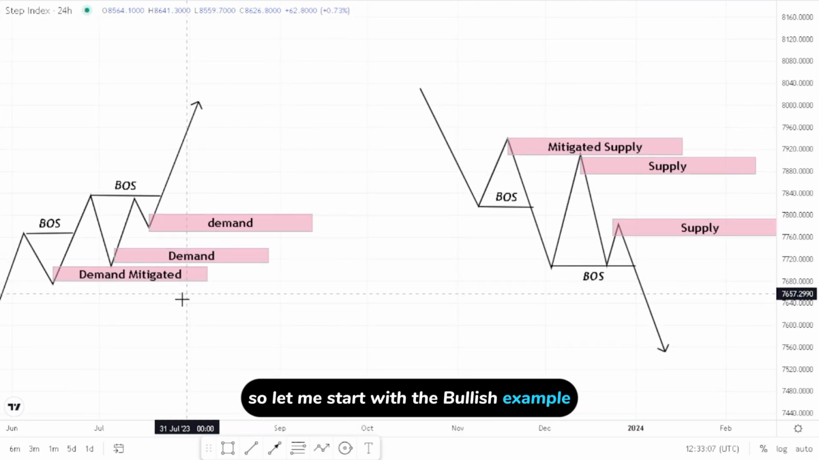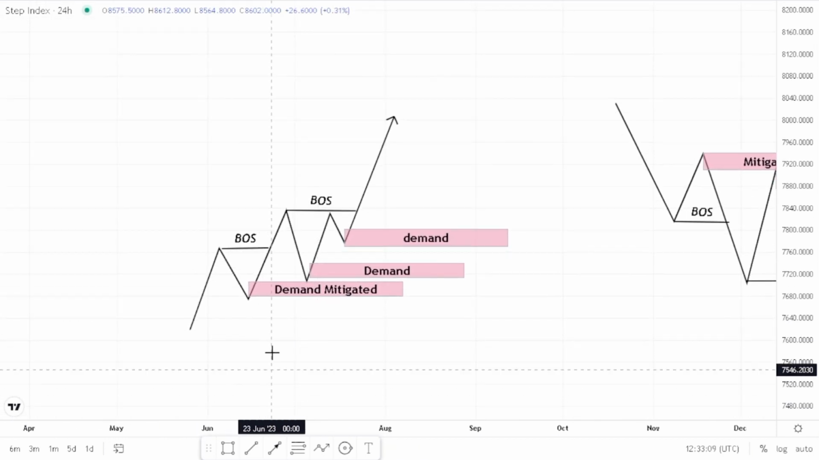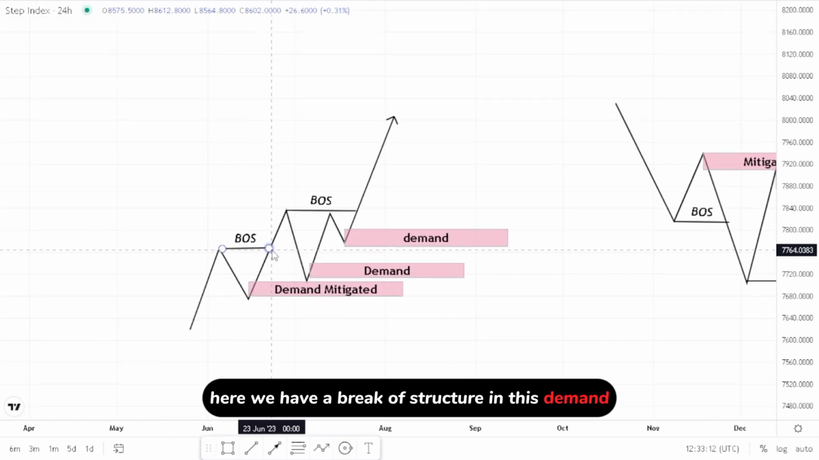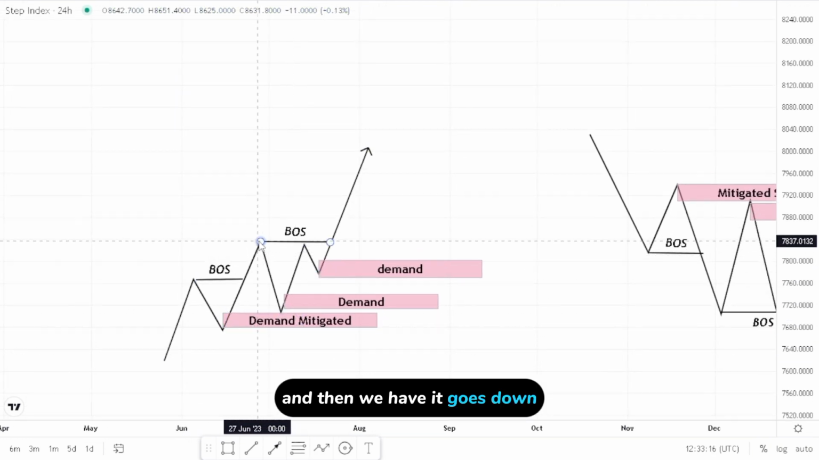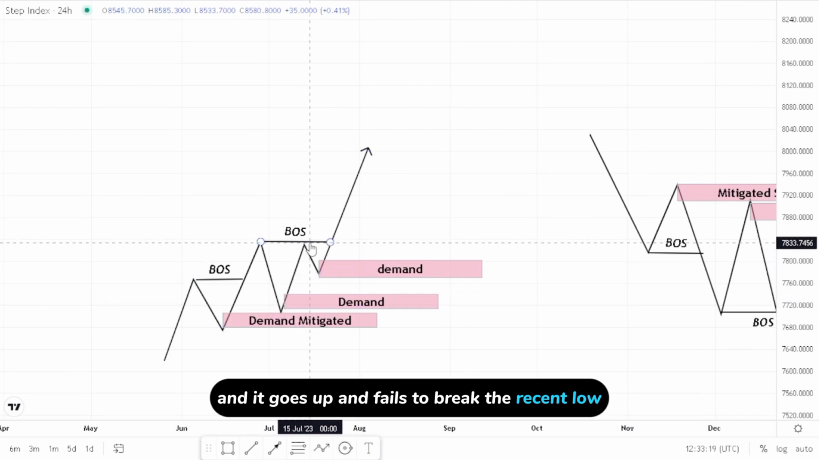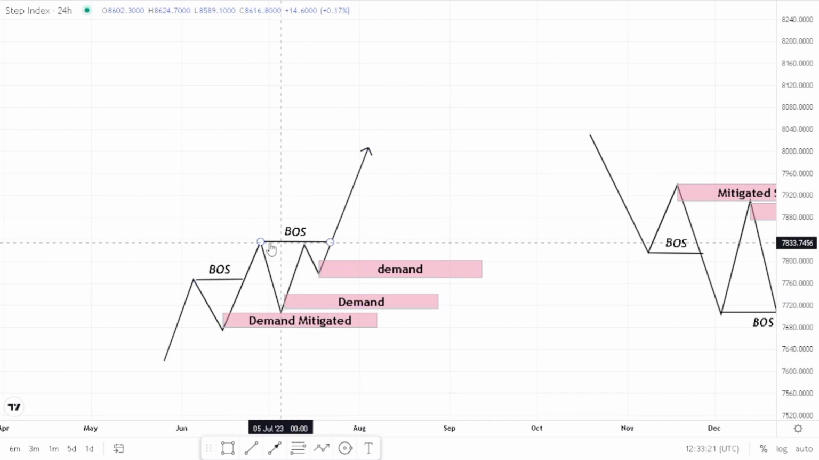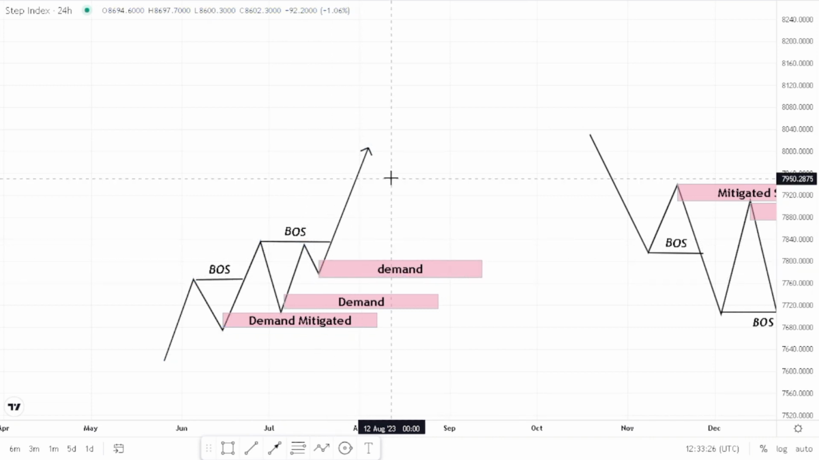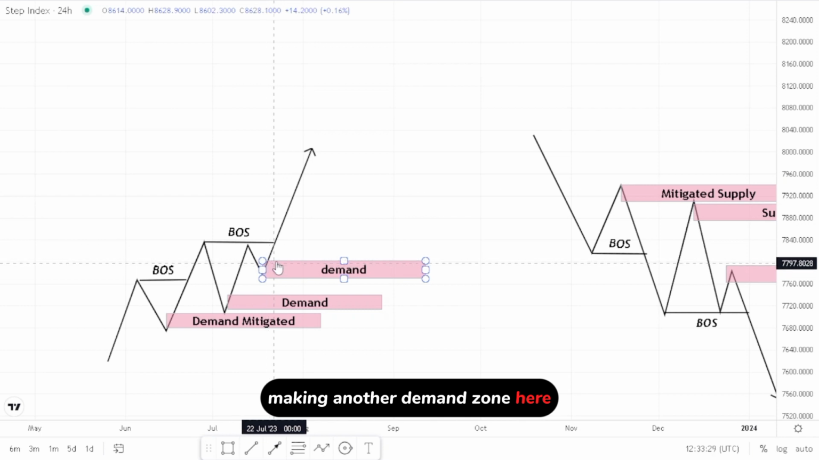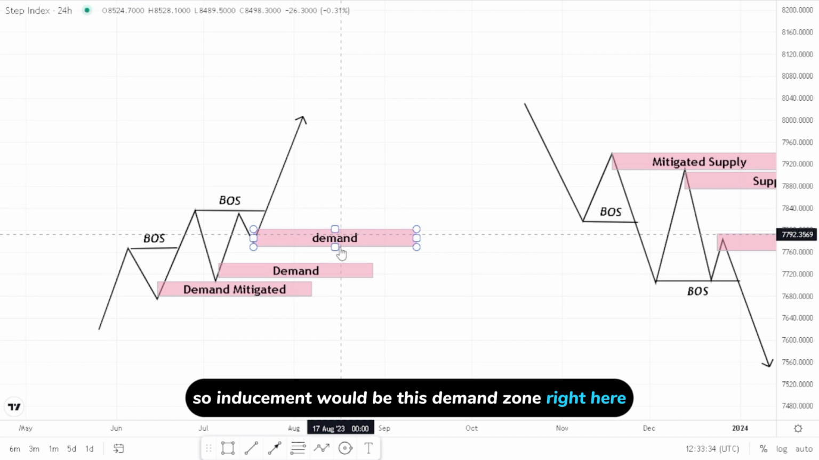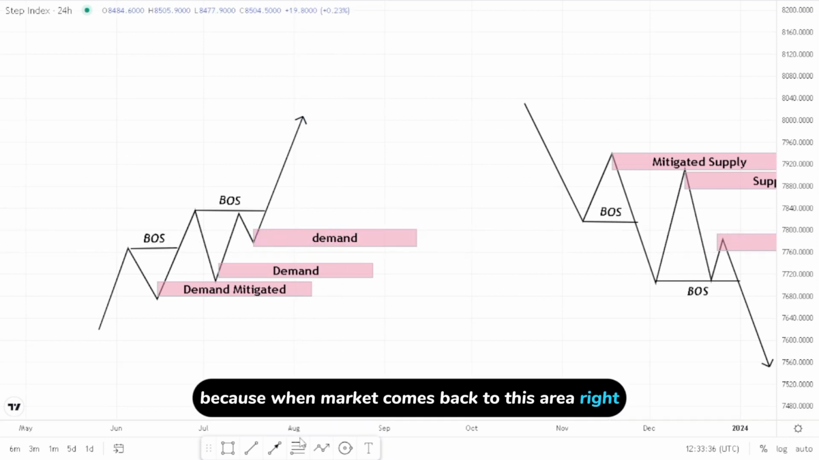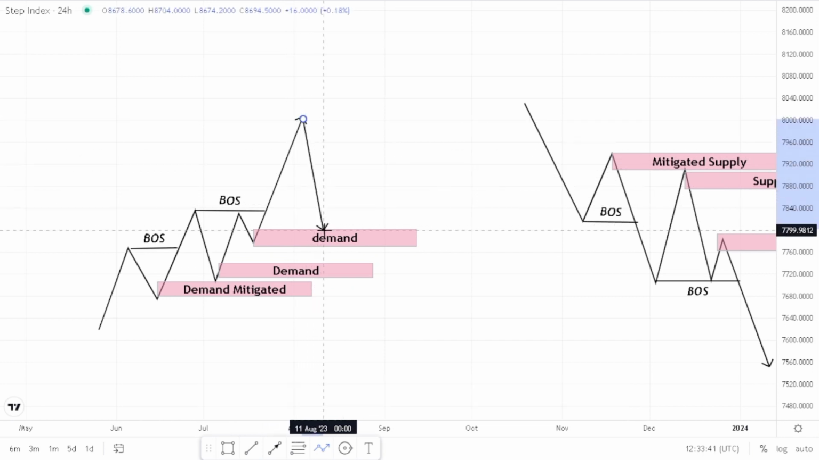So let me start with the bullish example. Here we have our break of structure, and this demand which caused it has been mitigated, and then it goes down, it goes up and fails to break the recent swing high, then it comes back and goes up again, making another demand zone here. So inducement would be this demand zone right here, because when market comes back to this area, many of